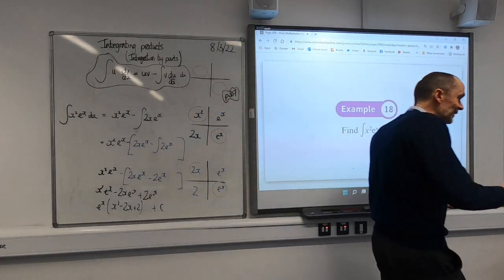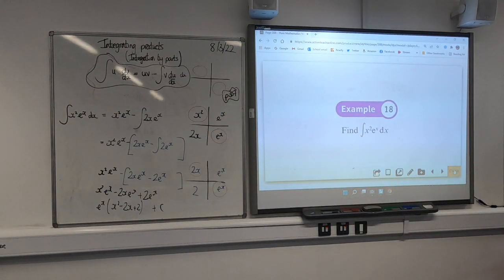Integration by parts tends to be quite popular. I mean, popular is the wrong word, but they are questions that are often done quite well because they're a little easier to spot, although there are some more complicated things. So after,